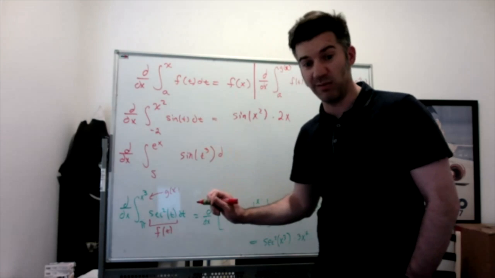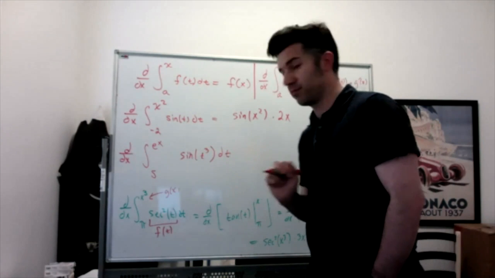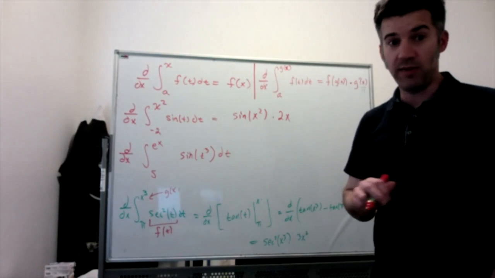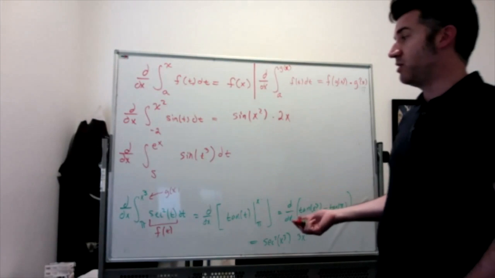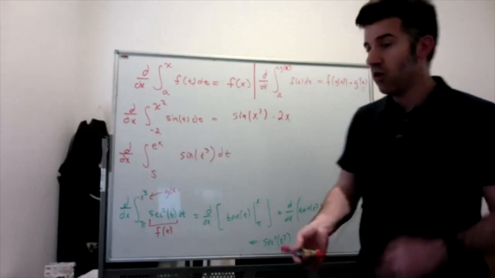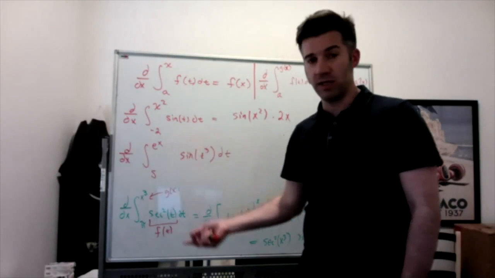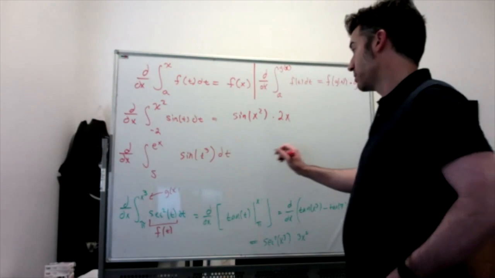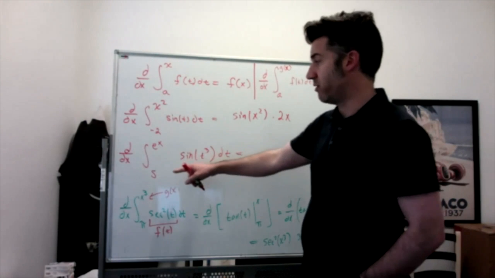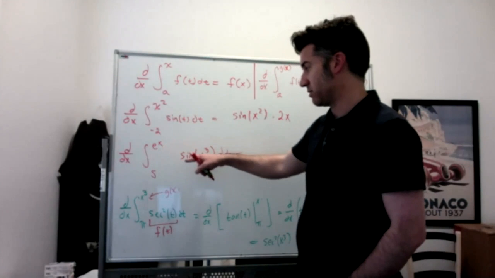It's an easy mistake to make. So James, we're pretty much doing part 1 right now, right? Right. This is the fundamental theorem of calculus, part 1. Yeah, that's a more complicated version of it, where one of your limits of integration, instead of just being x, is a function of x. So here, the derivative of the integral from 5 to e to the x of sine t cubed is